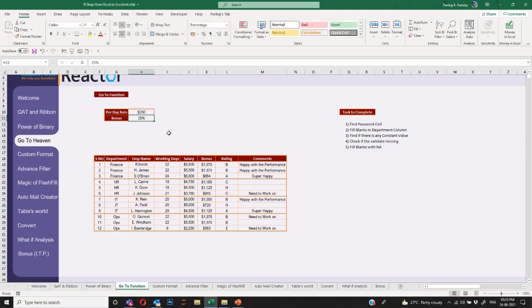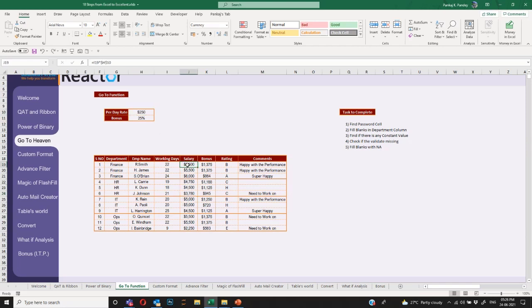But in this, what happened, I will not even realize, but all 12 employees will not get the advantage. Why? Because this is a formula here. This is a formula. This is a formula. But this one is a static value. Someone accidentally just typed the value here. And after that, no matter what I change, even if I put 1000, that person will not get the benefit out of it.